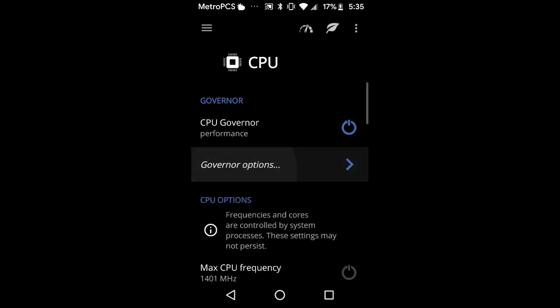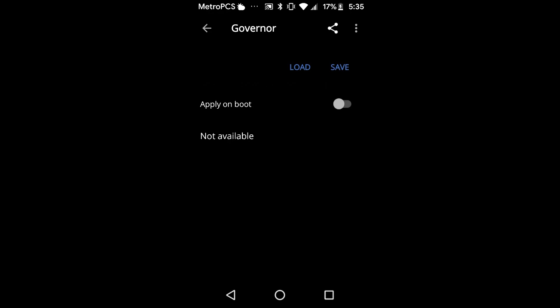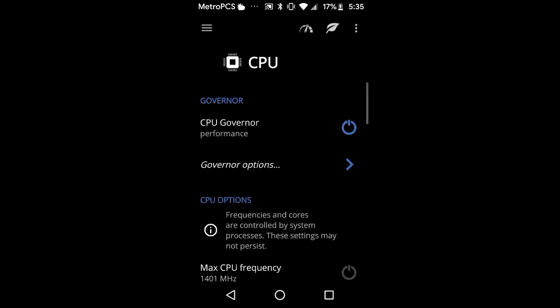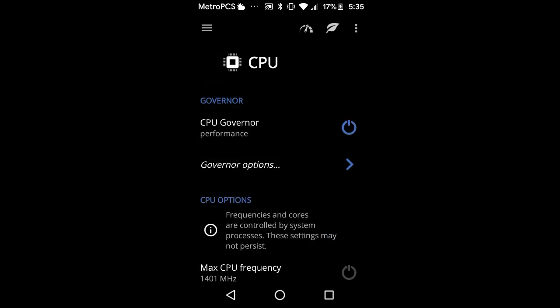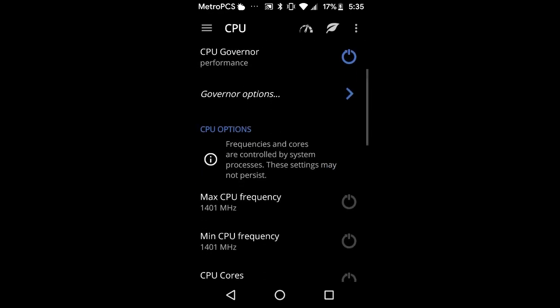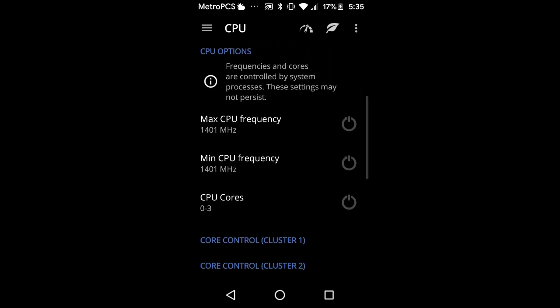Now, I pressed on the CPU governor, performance, and it gives you a lot of governors. It depends on your phone. Some phones could have over like 10 governors, some have like 15, 20. It doesn't matter, but mine is limited. So I just press on performance, and you have to press this button to apply on boot. Basically, I didn't change the max or min CPU frequency, but the thing I like about this is that